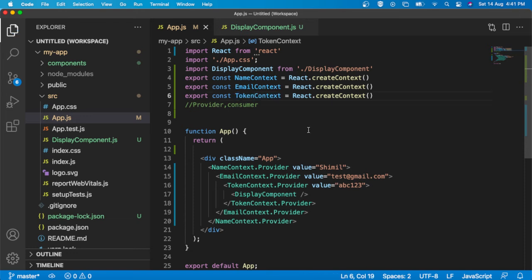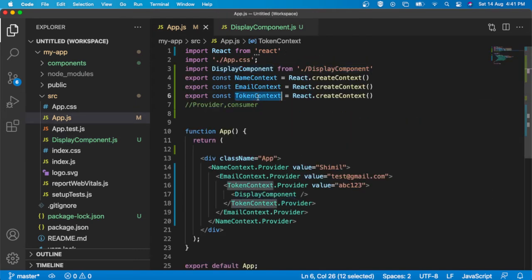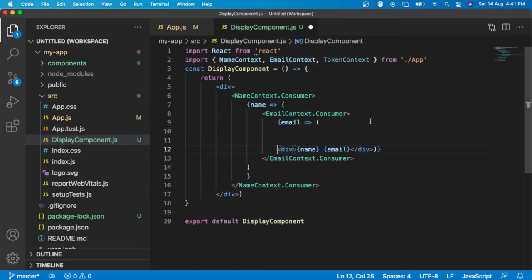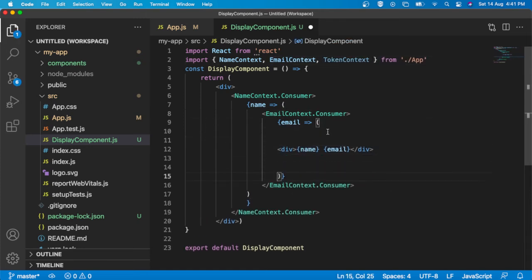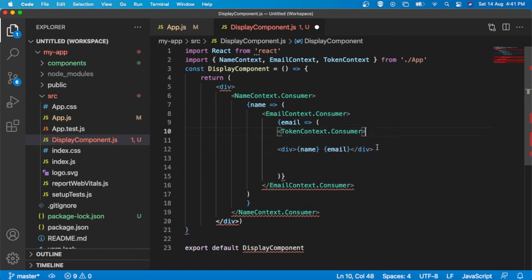Now if I want to consume this value ABC123 inside the display component, I have to import this token context here. Clear? Now inside this div I have to consume that value using the consumer, and I have to wrap this div inside this consumer.